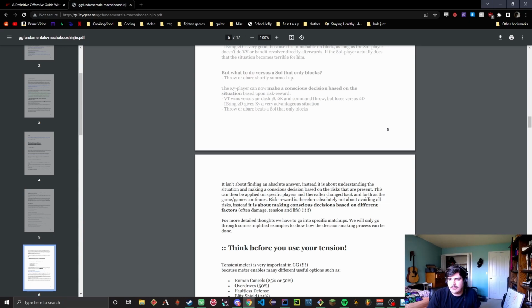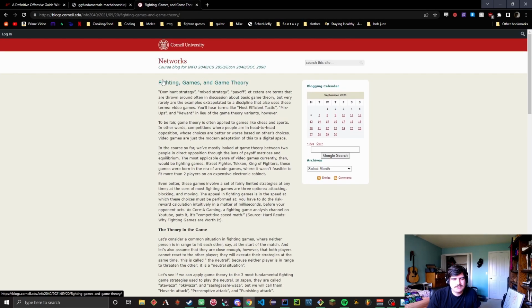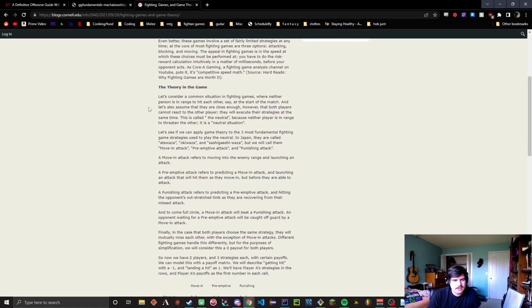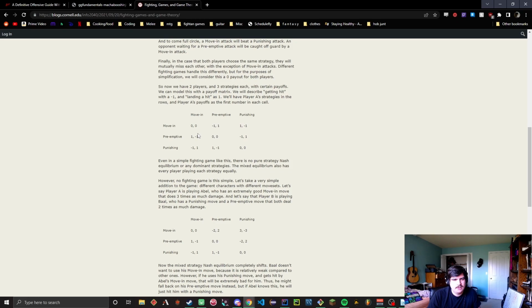And finally, the last little academic type resource we have is a blog post written on the course blog for a few different Cornell University classes. In this blog post, they talk about these two grids. I believe they call them payoff matrices. Essentially, this first one is if you take the classic fighting game rock paper scissors of take space, poke, and whiff punish, and you just distribute them equally according to what beats what, you get this very even,